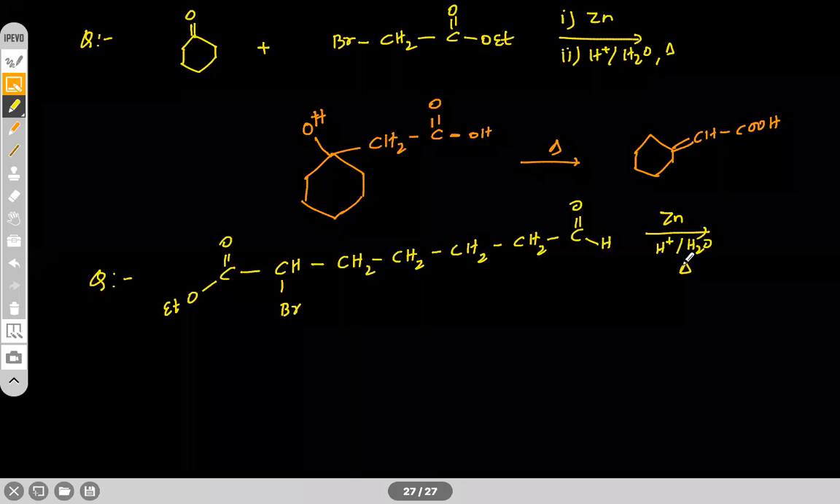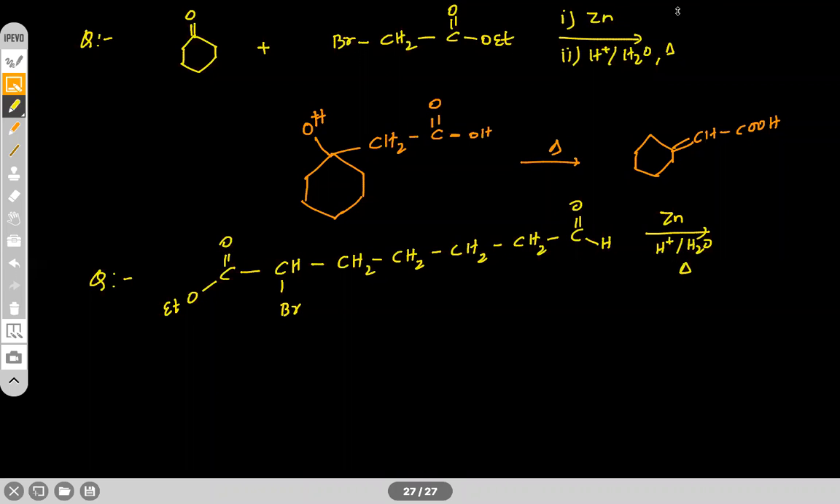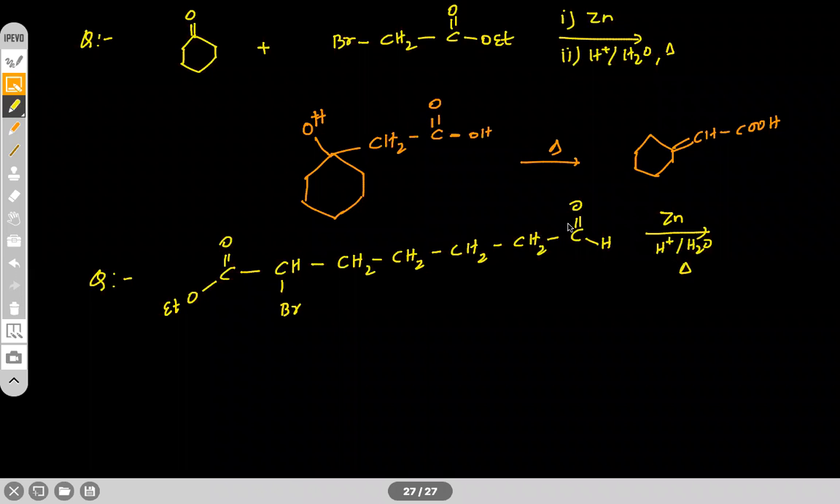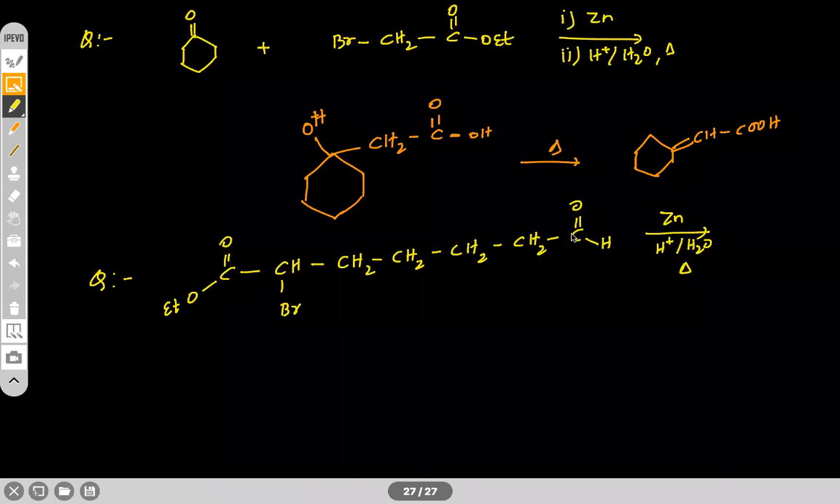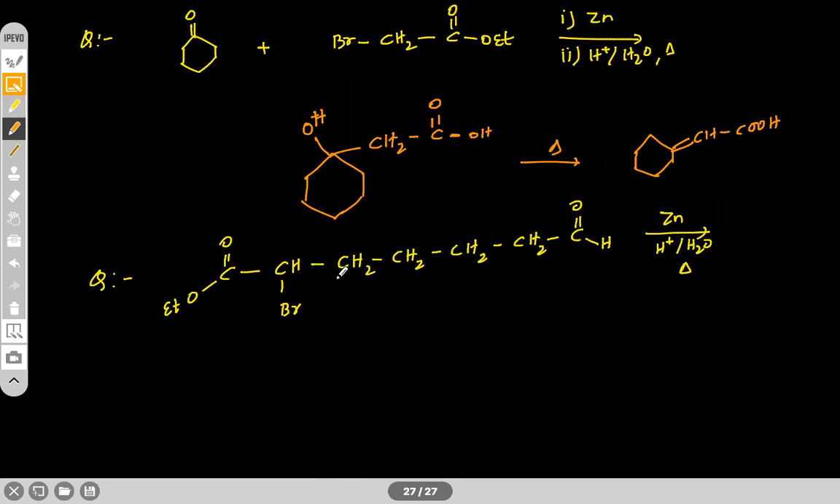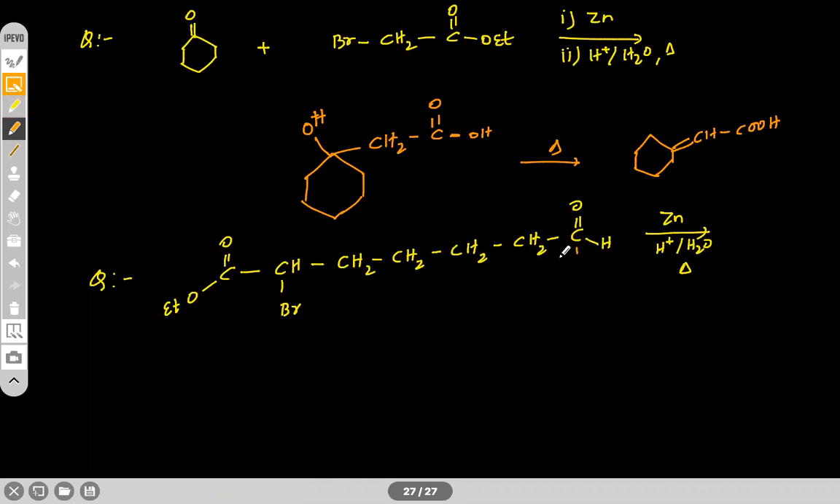Okay, so what happens in this? The carbon which is attached with the halogen will get the negative charge, right? And this carbon will attack onto this carbon. Okay, aldehyde. So if I number this 1, 2, 3, 4, 5, 6, we'll get a 6-membered ring